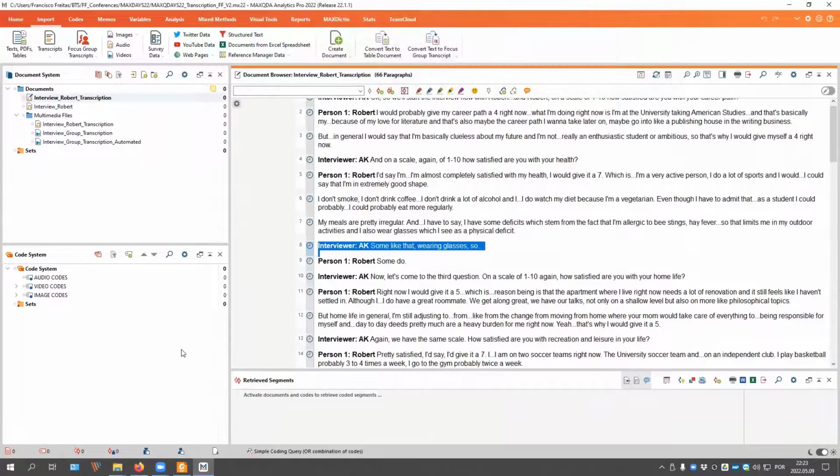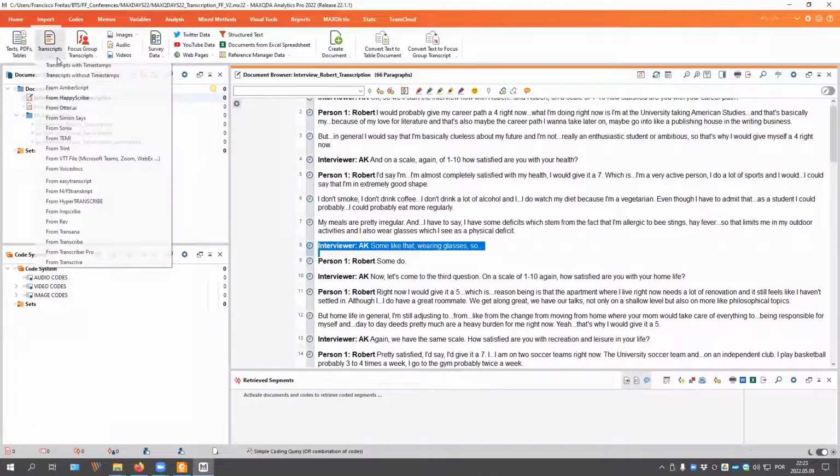As I said, within the software, you have many different options, and of course, there is a growing market of possibilities in terms of generating transcripts using artificial